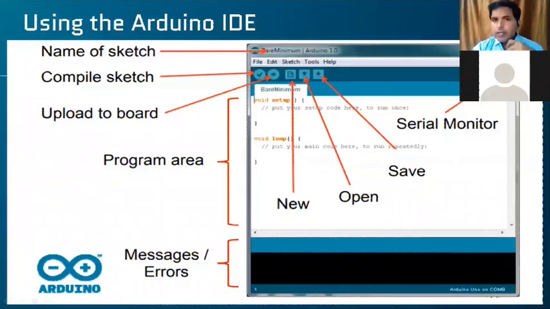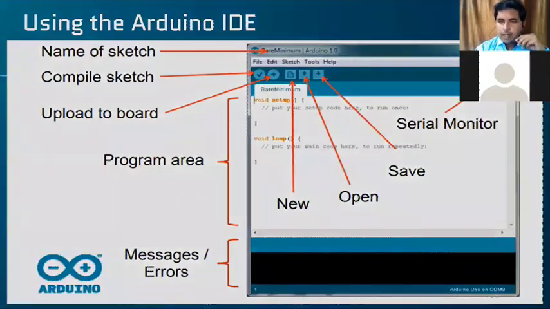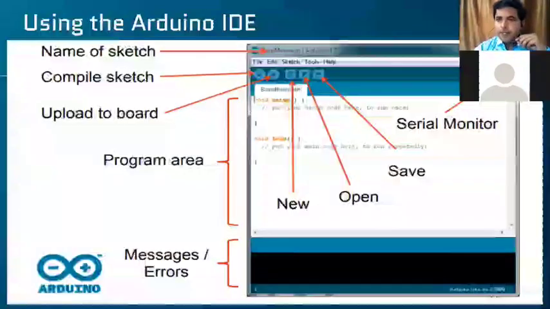Okay, once you have done the program, at the right corner there is a circle type symbol, which shows the serial monitor. Suppose you have written addition of two numbers, 2 plus 2, and you want to see the answer of 4. To see that answer, you have to click the serial monitor. There you can see whatever answer your program gives. So this is about how to use the Arduino IDE.